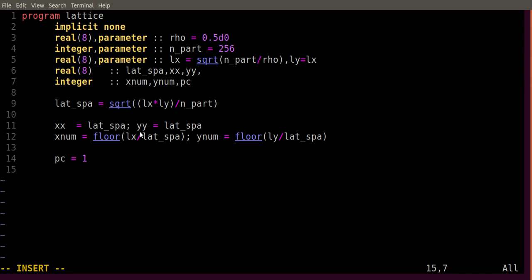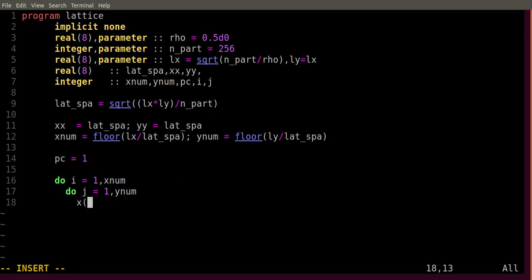So now let's open the do loops. I have to define integer type variables i and j. Next, let's open two do loops, which is do i going from 1 to x num, and do j going from 1 to y num.